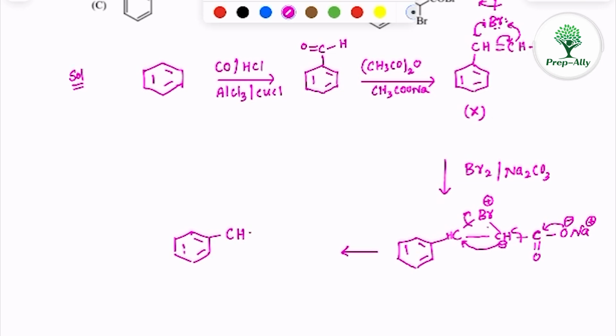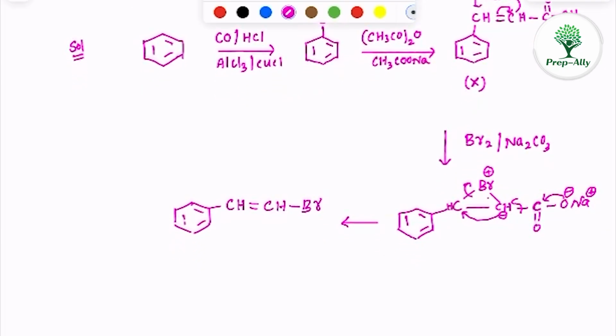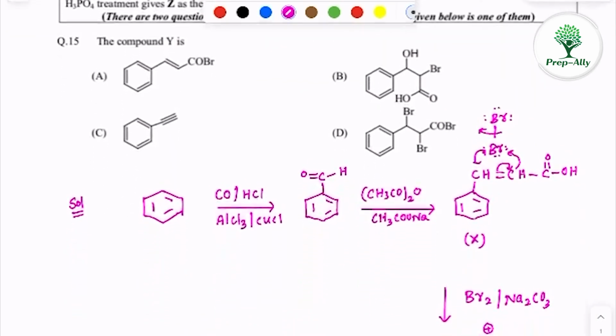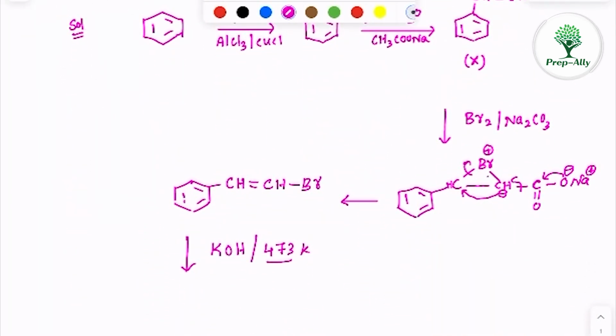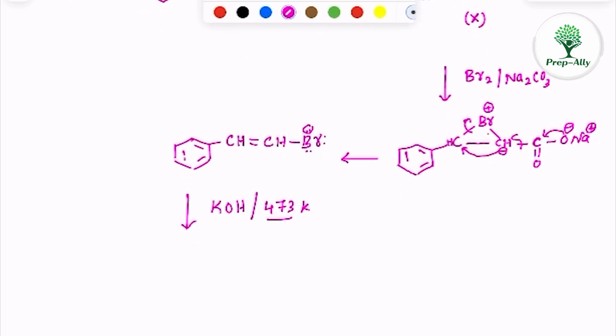CH=CHBr, followed by KOH, moist KOH in presence of 473 kelvins, which is a very high temperature. You know in elimination reactions we will be using high temperature, and that too, this halogen group is directly attached to a double bond carbon. Because of that partial double bond character, we must require high activation energy, due to which we'll be using 473